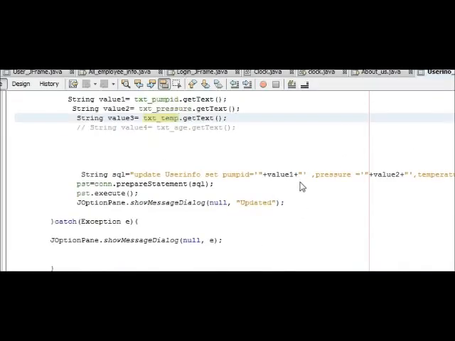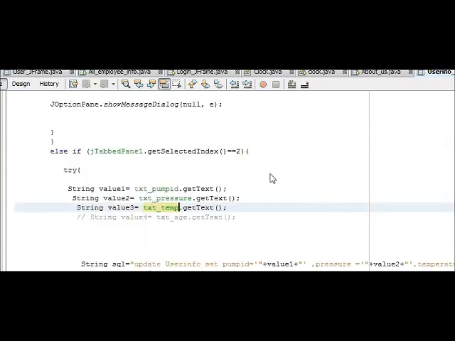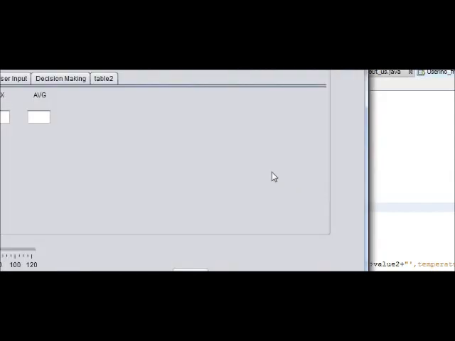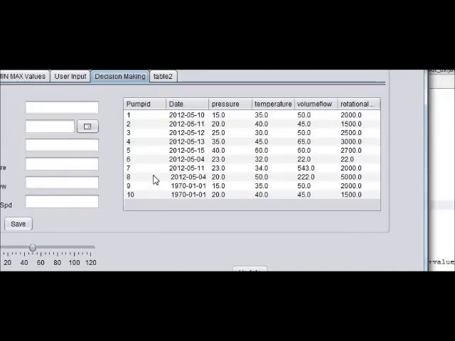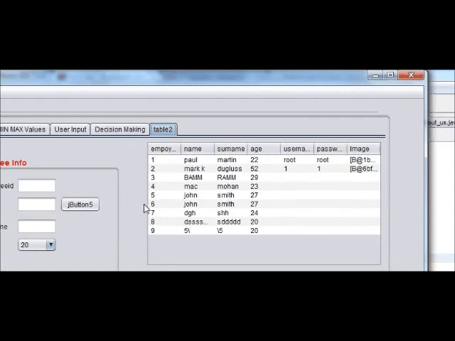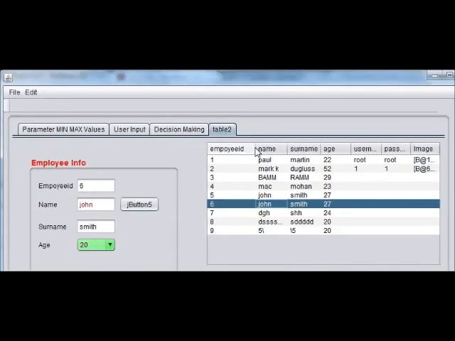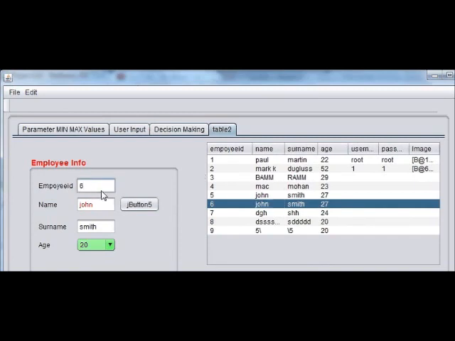So I think my code is complete, and I will try to run the program. Suppose I want to edit the value first of all in this employee info table. I want to edit, for example, employee ID 6. So I will change the name as